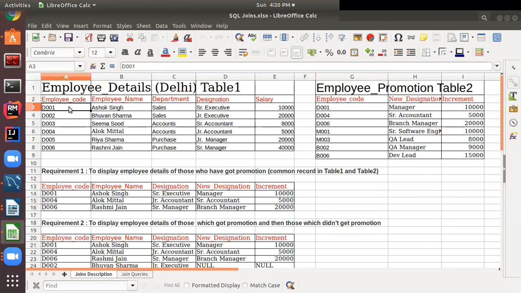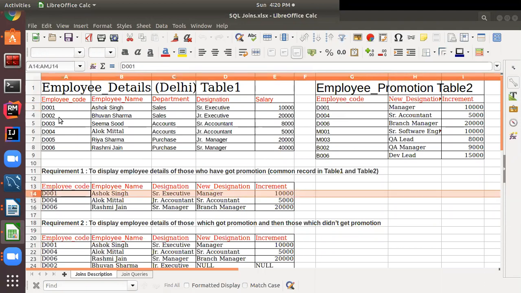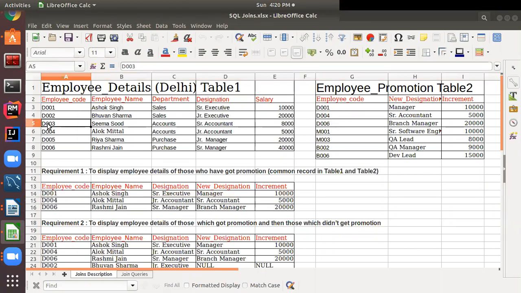First of all, SQL will pick the employee code of the first person, that is D001. It will go to the employee promotion table and check whether it exists or not. If it exists there, then it will show the details of that employee like this. Secondly, it will go to D002, which doesn't exist, so it won't display. Again, D003 doesn't exist, so it won't display. Then D004 exists in this table, so it displays the record of that employee, that is Alok Mittal.